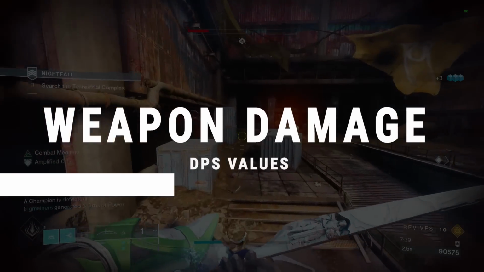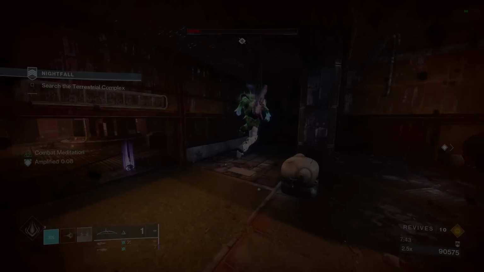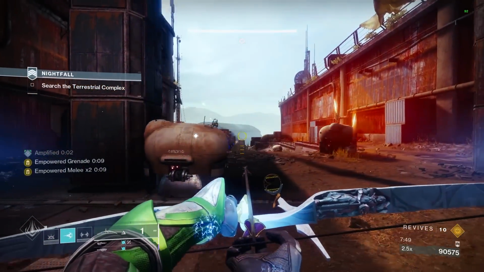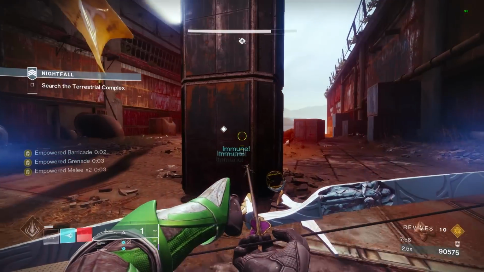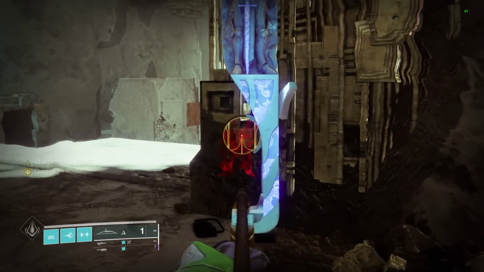When it comes to DPS, I am just going to be looking at the 1 mag values that each weapon is capable of dealing. This might not be the most accurate way to get perfect DPS values, but in most cases, I don't think you are going to be shooting more shots than what is needed to actually kill a champ. So looking at Wishender first, we hit this Lost Sector boss for 3 damage values because we are hitting